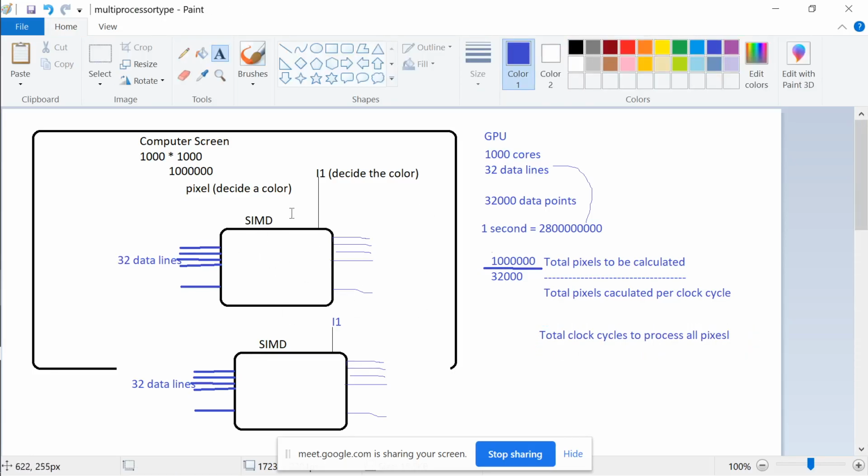Now remember, on your screen, your video or your game, every time the image is changing, right? So every time you have to process this many pixels, and that is why your normal CPU does not suit. You need something like GPU cores, where there are a lot of cores working together to show you one image after another image. It's called a frame, right? Every frame has to be calculated. One frame is equal to this many points, and this many points have to be calculated and given to all the cores inside your system. So your GPU is nothing but a combination of all SIMD processors. Okay.